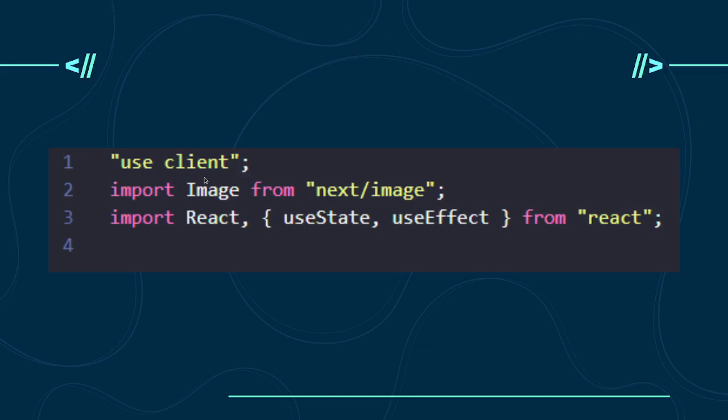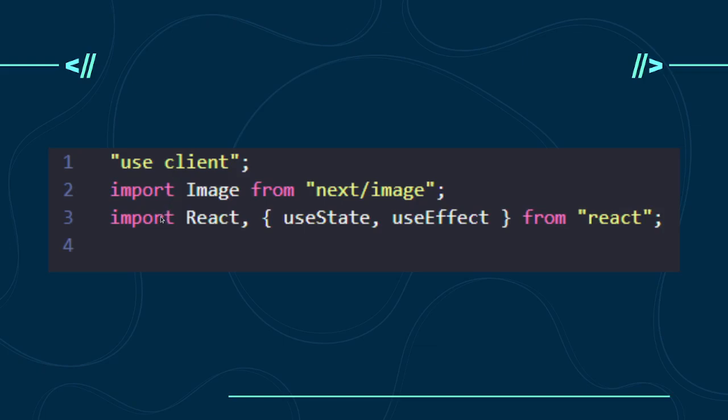All you need to do to define a client or a server component in Next.js, look at this. That's it. So if you want it to be on the client, what do you tell it? Use client. If you want it to be on the server, guess what I would write? Use server. That's all you need to do. That is the only distinction you need. And the beautiful part is that when you write use client or use server and you have an extension for this, if I didn't have use client, because Next.js, remember how I said server is usually always better? If you have nothing, it's going to assume server because it wants you to use server as much as you can.